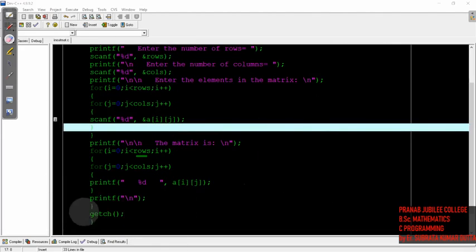How will it look? It's the same as how we give the input. It is the same to watch the output. For that, we have again used the same loops. The first one is for rows, the second loop indicates the columns, and here we are not taking the input.